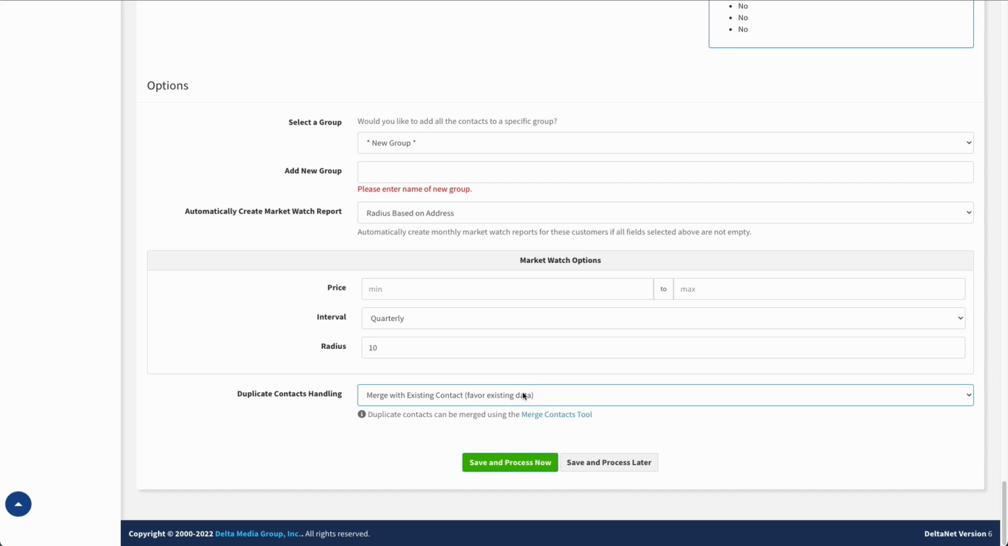So that is how that works. And then we also just have a link here to the duplicate or merge contacts tool. That could be used to merge contacts after the fact. So you could just create duplicates, and if you wanted to handle those later and merge them later, kind of